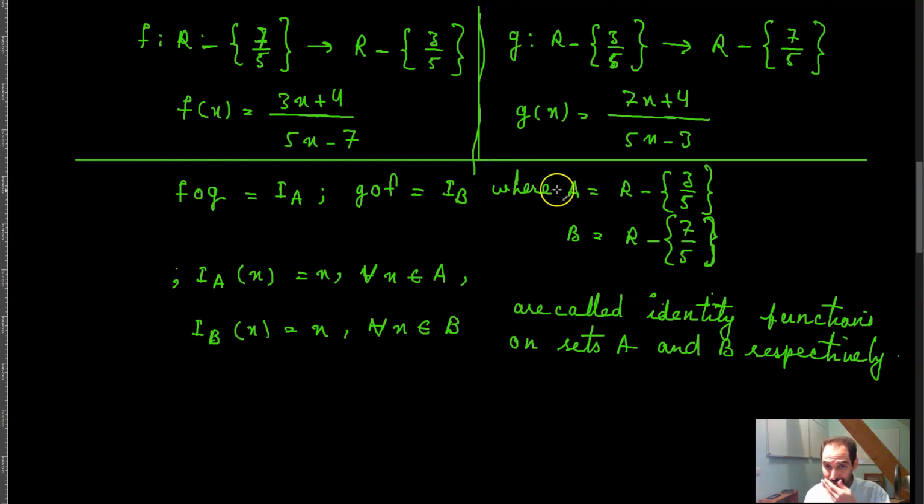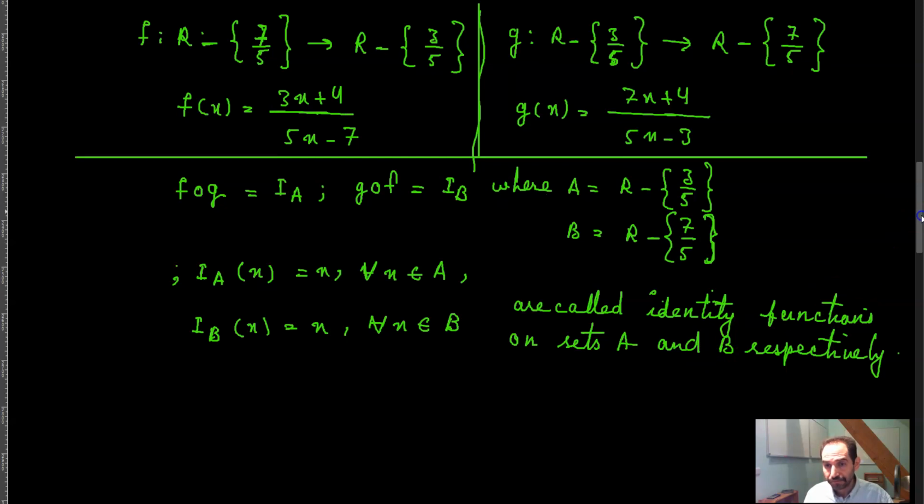Then where A is equal to this and B is equal to this, I of A of x is equal to x for all x belonging to A, and I of B of x is equal to x for all x belonging to B are called identity functions on sets A and B respectively. So the solution here is that